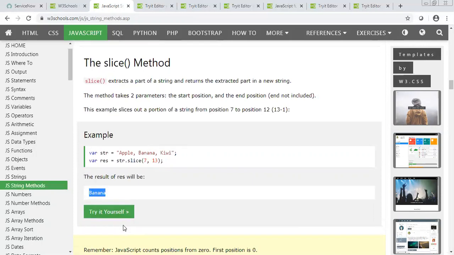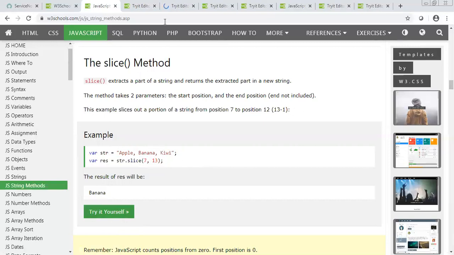So what does the slice function do? The slice method basically gives you a kind of substring, or you can say it gives you a slice of a string, based on the index you define here.